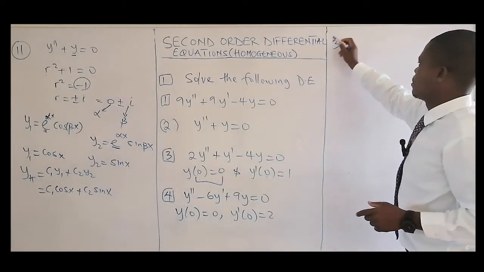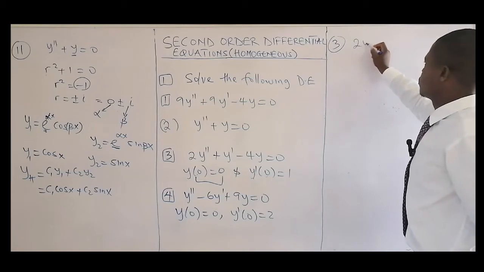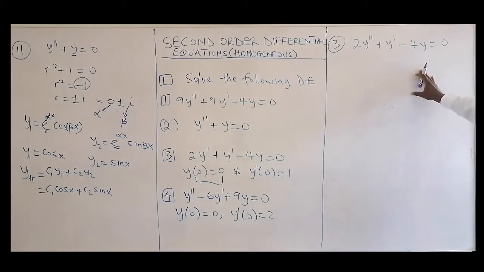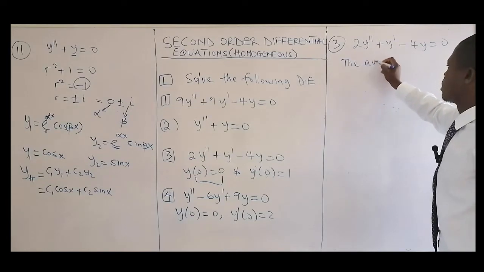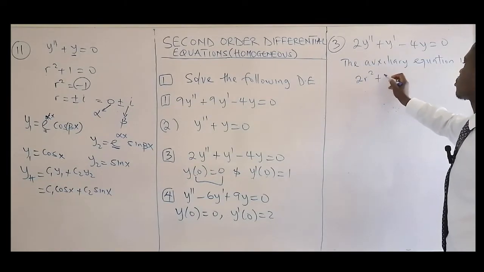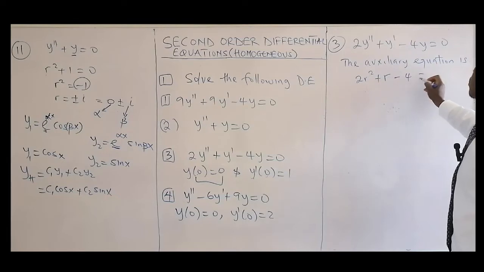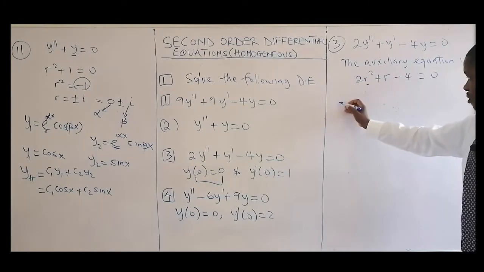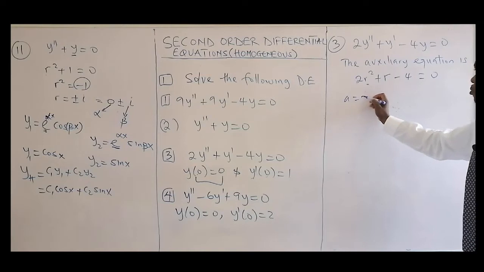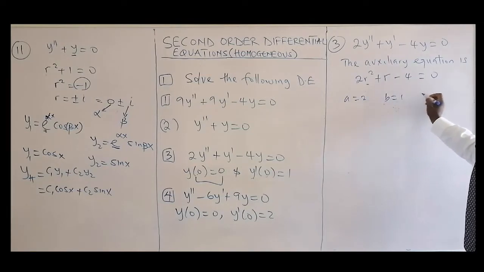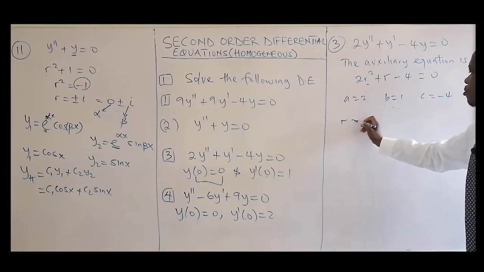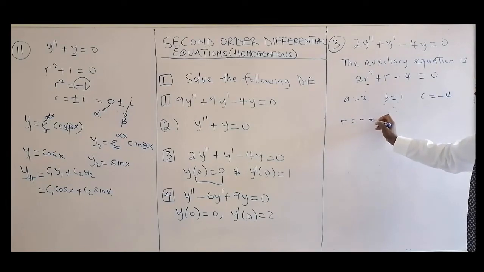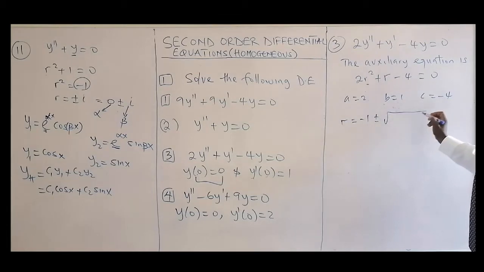One, we have a second order homogeneous equation. So the auxiliary equation is 2r squared plus r minus 4 equal to 0. Using the quadratic formula, a is 2, b is 1, and c is minus 4. So r is equal to minus b, your b is 1, plus or minus